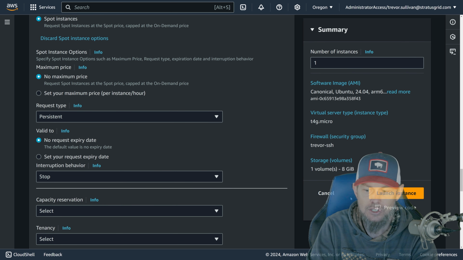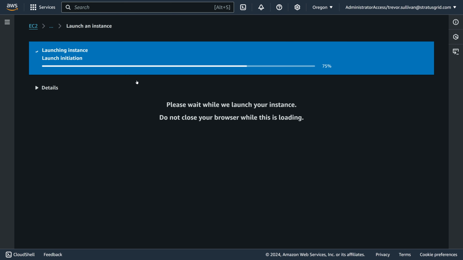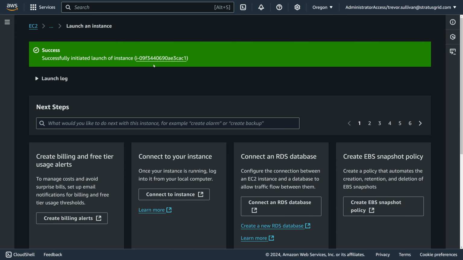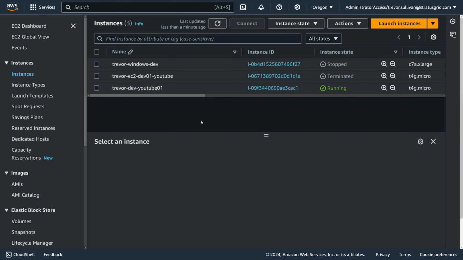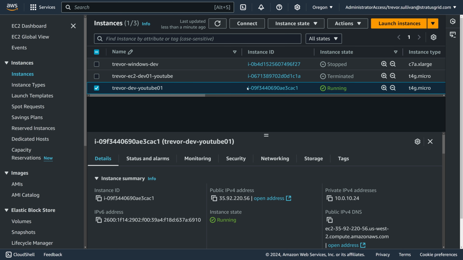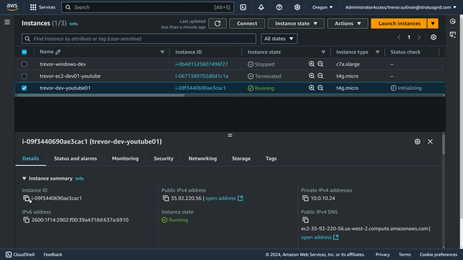So what we're going to do is hit launch instance here again, and hopefully we get a nice little green box indicating a successful launch, which you can see right there. If we head back to instances right here, you'll see that we have this brand new instance running. You can copy the instance ID either right here by selecting it, or you can go down to the details screen at the bottom, and next to the instance ID field, click on the copy button there. That'll copy it to your clipboard so that we can use that when we create an EventBridge